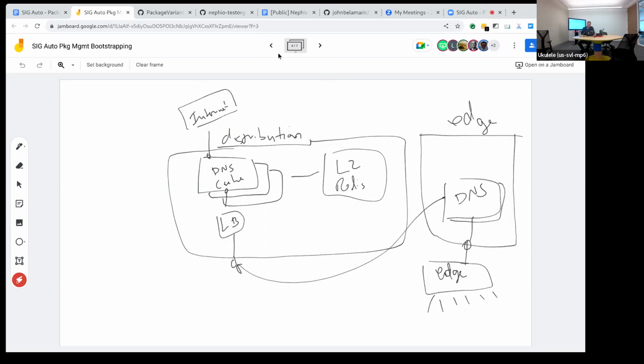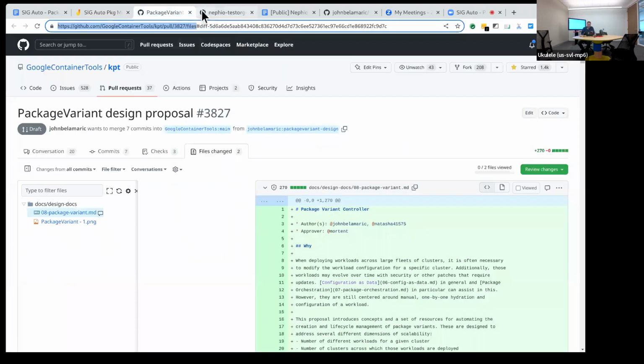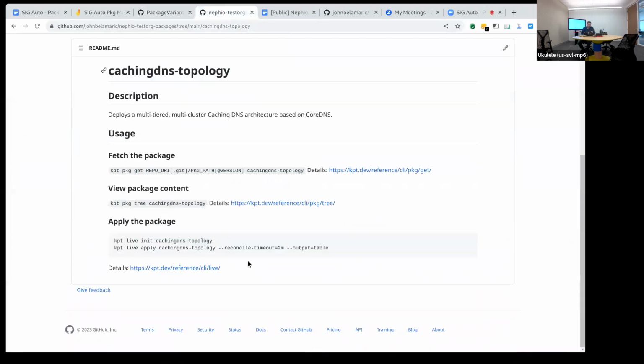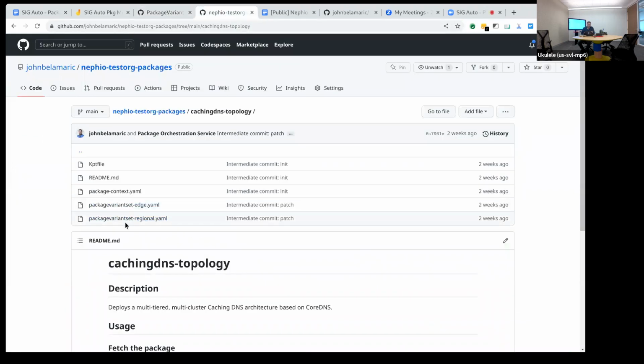So what that means is that my package here, as it's written, that includes both of these package variant sets, actually won't work. It'll only get us part of the way there. So what we actually need to do is we need for the edge deployment to somehow wait.